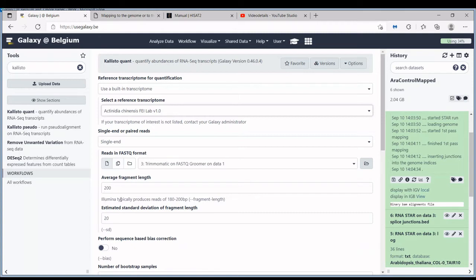So the mean and the standard deviation of the fragment lengths in your library. When it's your own data, there's not an issue. You will probably know the distribution of the fragment lengths in the library. But when it's public data, you have no idea. Unless it was published, you have totally no idea what the distribution of the fragment lengths was. So unless you know these parameters very well, Kallisto will not work well on single-end reads.